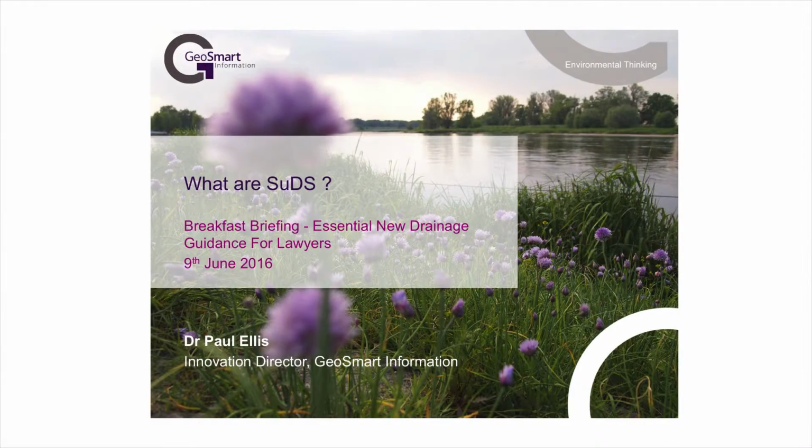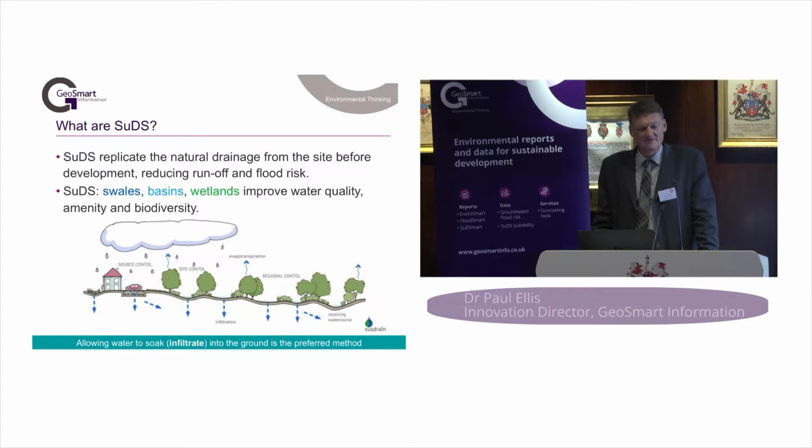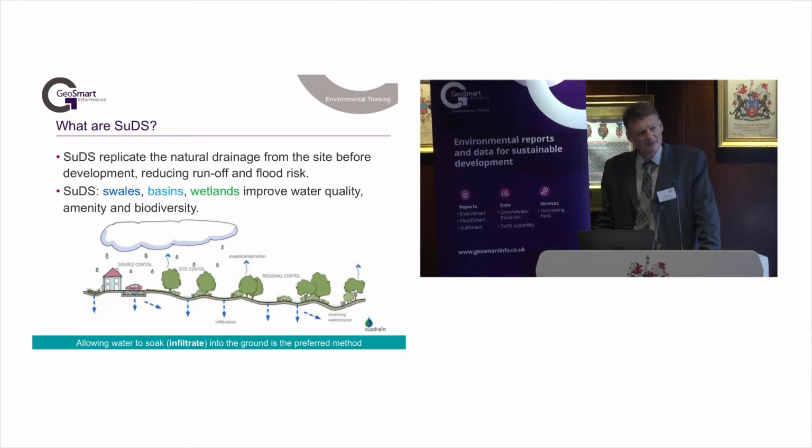What are SuDS? Sustainable drainage systems. When we have intense or prolonged rainfall, this generates runoff, and it must be managed on the site, otherwise it will lead to flooding downstream. SuDS systems, sustainable drainage, are an alternative to the traditional concrete and pipe systems for controlling runoff. Along with controlling flood risk downstream, they also have multiple other benefits in terms of amenity, water